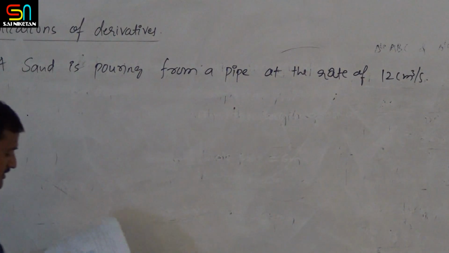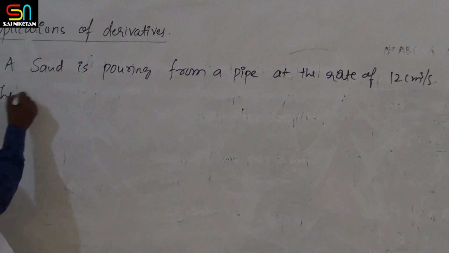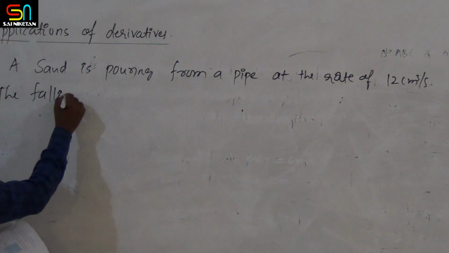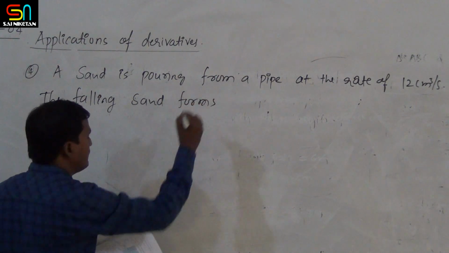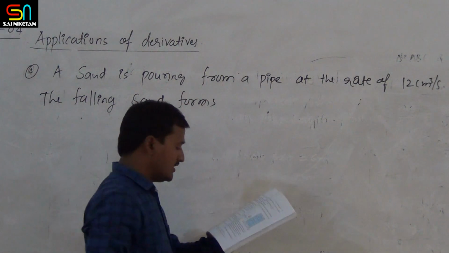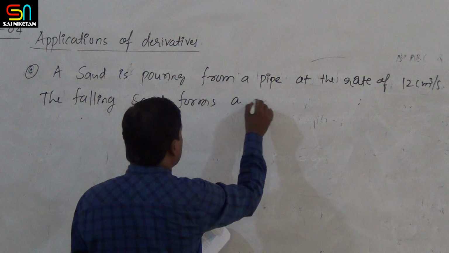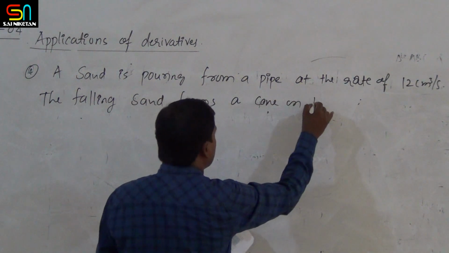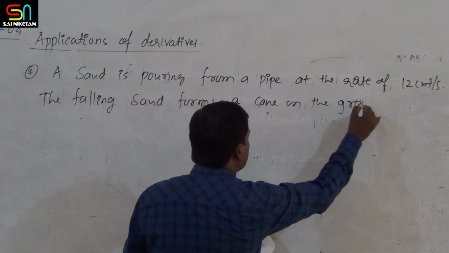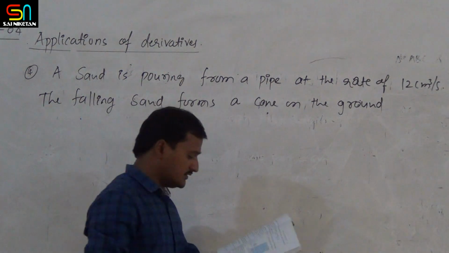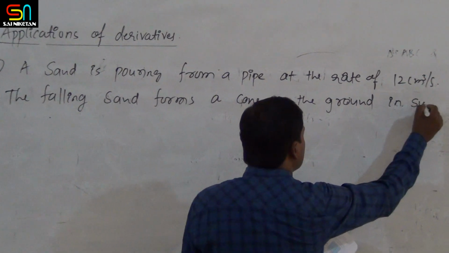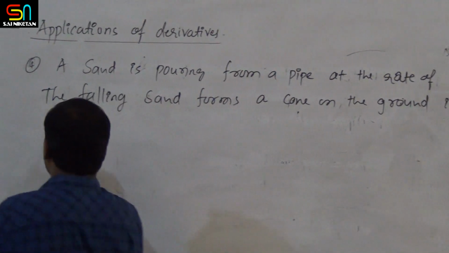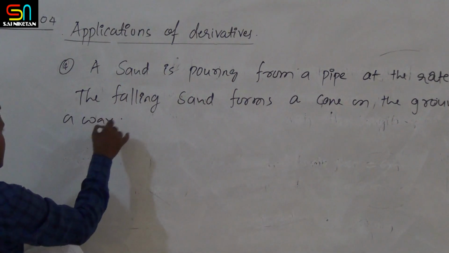Is it right? The falling sand forms a cone on the ground, right? In such a way that